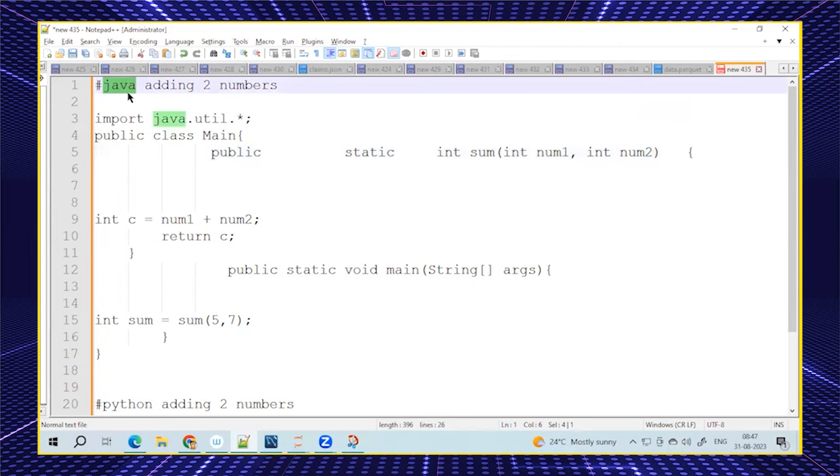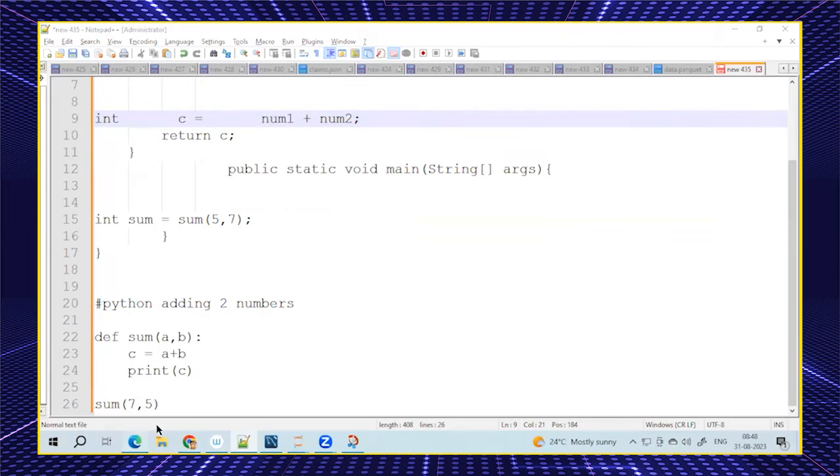Java people are always focused on logic. They'll keep on writing something else, because they know where to start and where to end. It will always start with an open bracket and end with an ending bracket. You do whatever you want, it will work. But Python